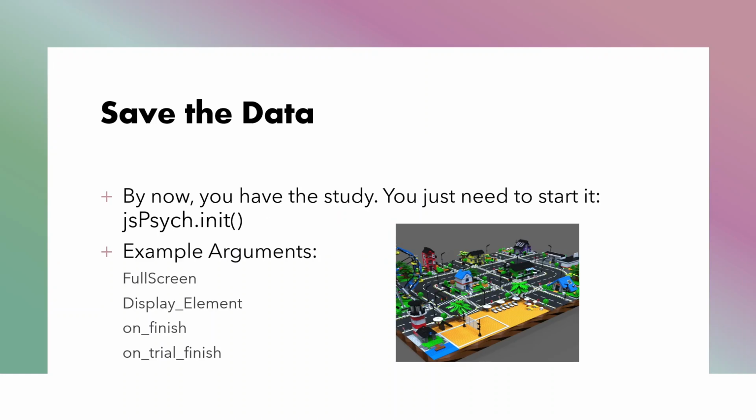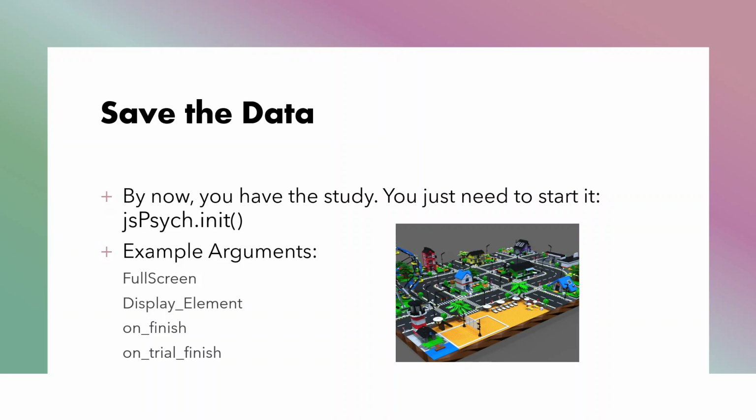The last thing you'll need to do is figure out how to save the data. jsPsych doesn't have an assumption about how you're saving data. It's running in a person's browser, so it doesn't have a place to save it natively. So usually you're running this on a server somewhere, or distributing it from a server, and you need to save it back to that server. And there's a way to do that. I'll show you how to do it with Volunteer Science because I don't know what server you have and how it's configured. But generally, the way that you do saving the data is through this